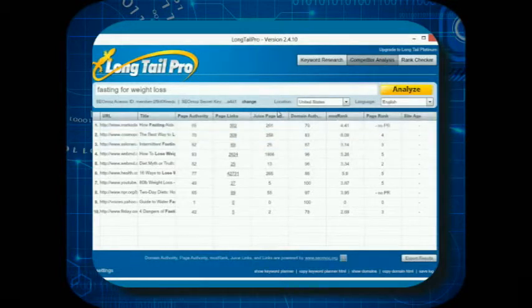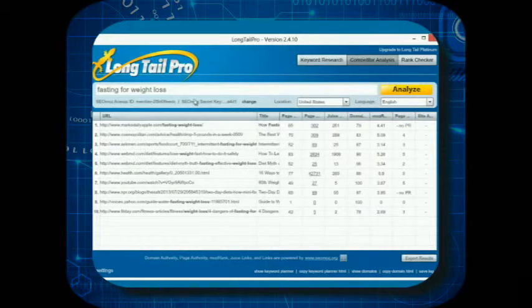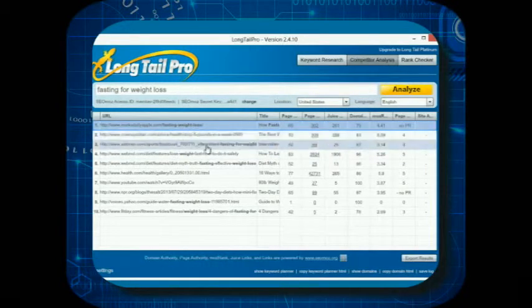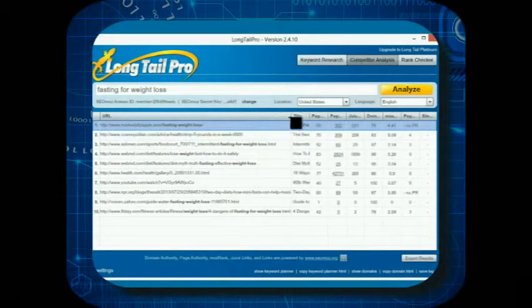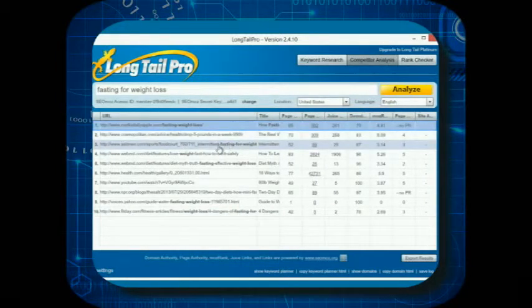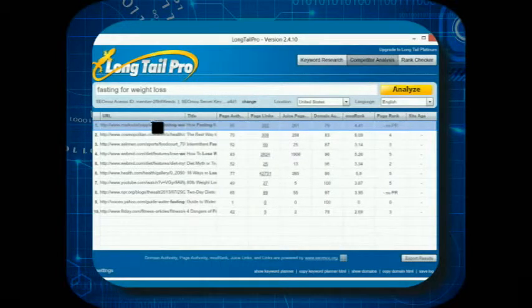Here I would like to give a clue in selecting the best niche. First of all, look for the keyword whether it is in the URL or not. Here we selected fasting for weight loss, and look for whether the same keyword is present in the URL in the same format. So here is one somewhat close to the targeted keyword, and now the third one. Yes, we have got 2 results where the same keyword is present in the URL.